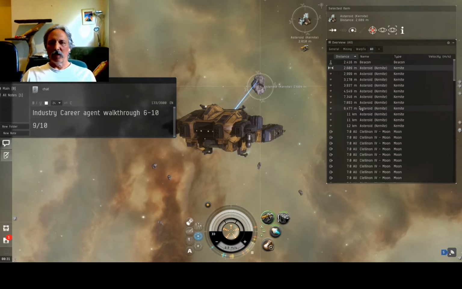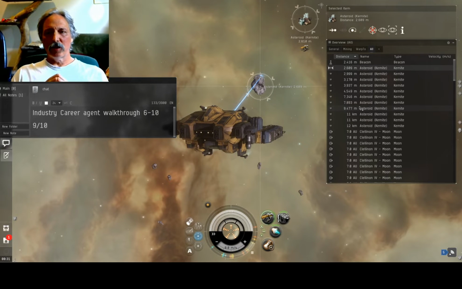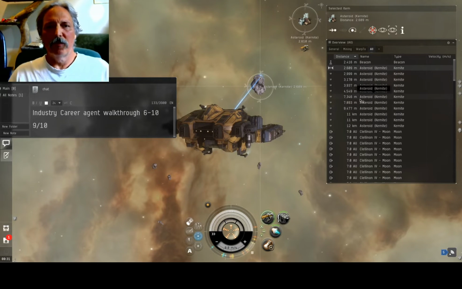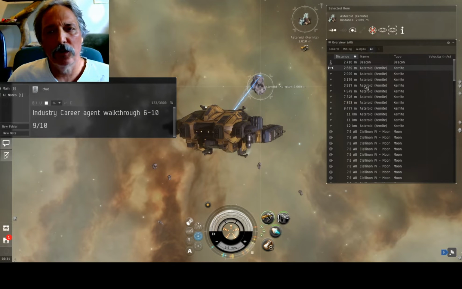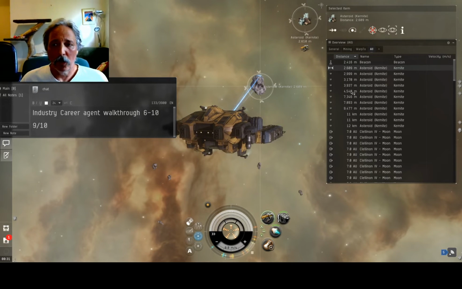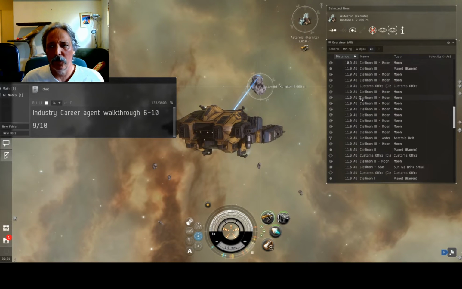On the overview, I think I mentioned this in other vids, but in case this is your first set of vids, I actually made an extra tab from the ones that you start with, the default ones. There's General, Mining, and Warp 2 is what you start with. I hit the little plus button and made one called All that shows everything. Probably more information than I want at any given time,